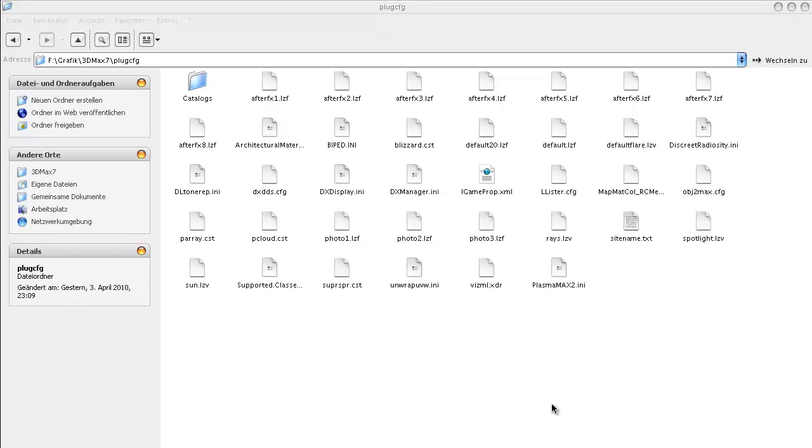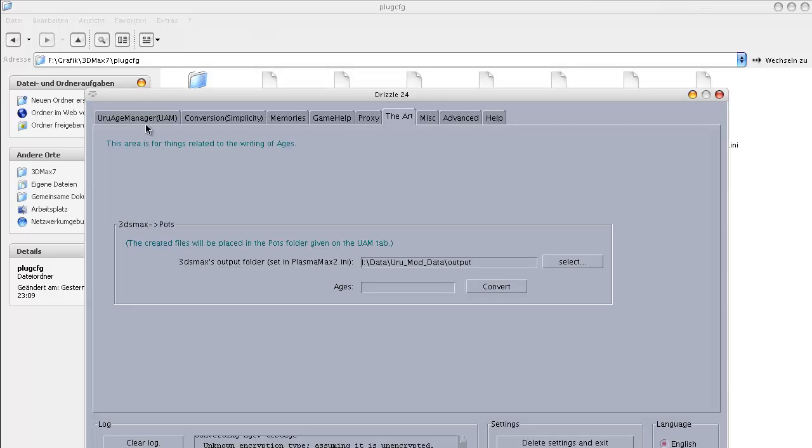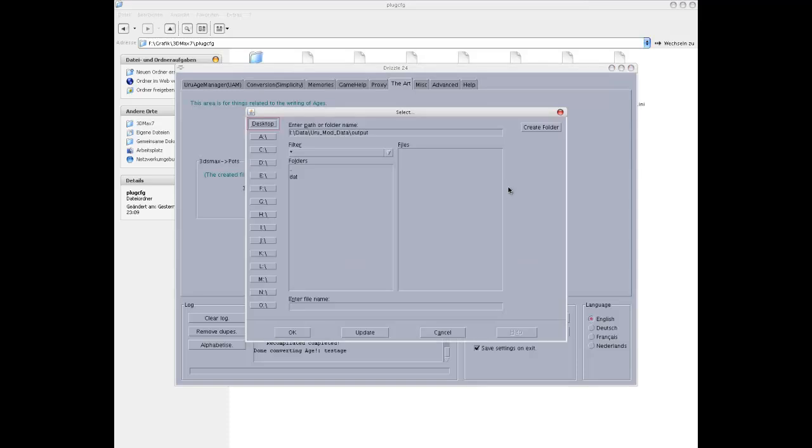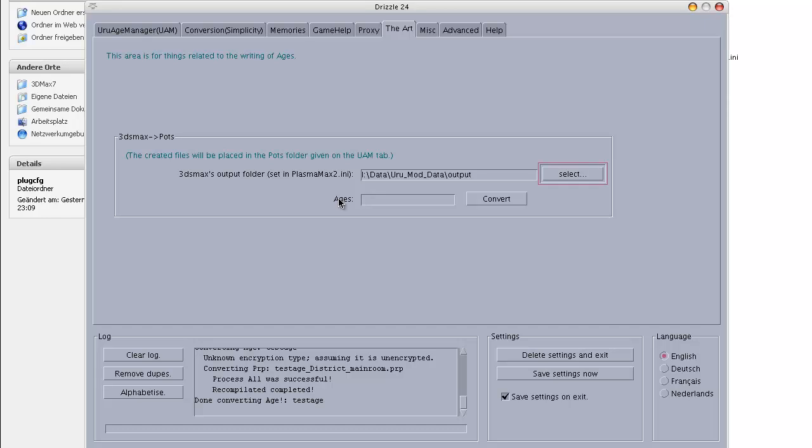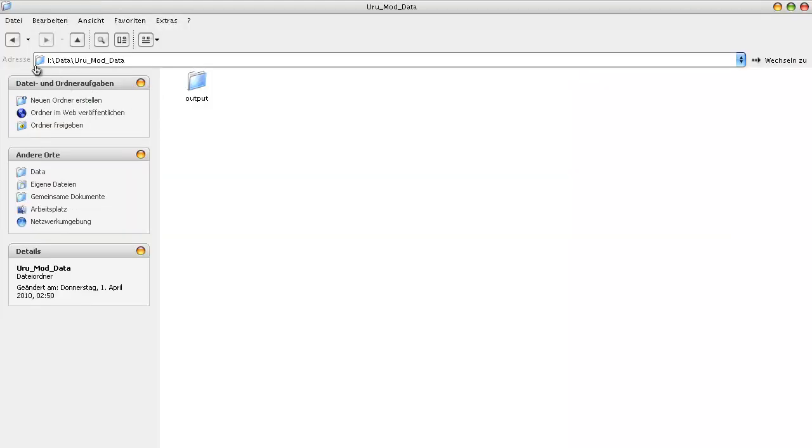OK. At this point it might be a good idea to come back to Drizzle and switch to the Art tab. This is where you then convert the ages to put them into the game and test them, and you must point it to the exact same folder that you've just put into the maxplasma2.ini file for 3D Studio Max. So hit select, browse to the folder, and then click on update. And in here, in ages, you will then type the name of the ages that you create, and we'll talk about that now. Finally, I want to show you this output folder where Max is going to export all the